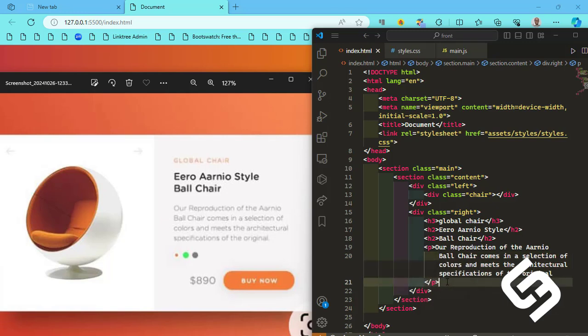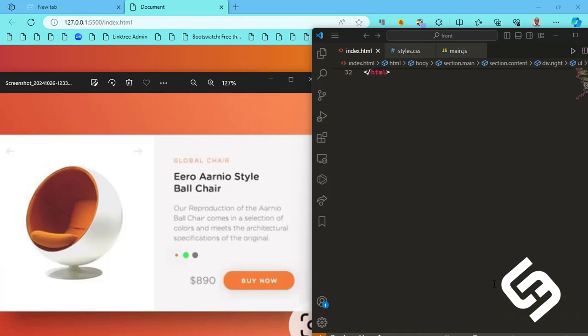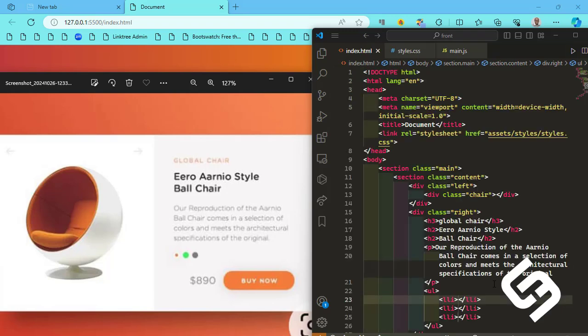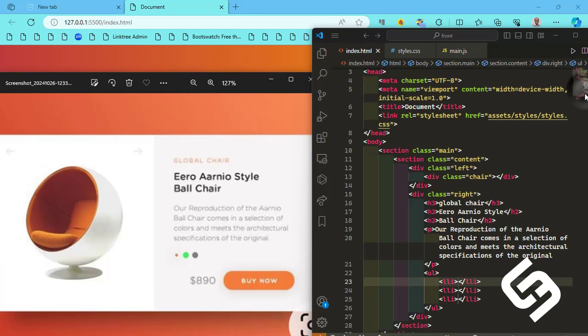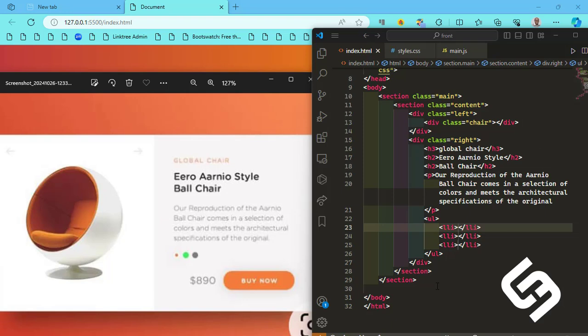Then I want to do this. I want to probably do it as an li, so I want to do ul, and I'm doing li in 3 places, and we'll come back to it in a moment. And then the last thing I'm going to do here is